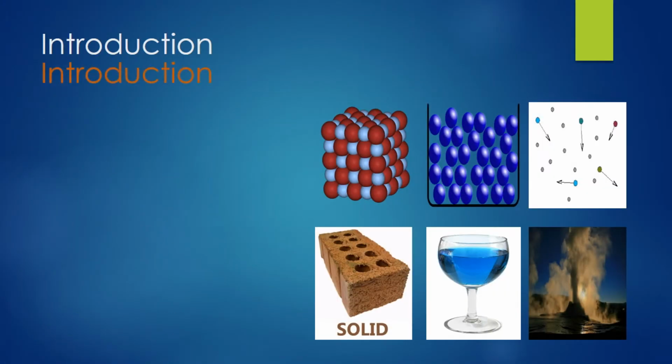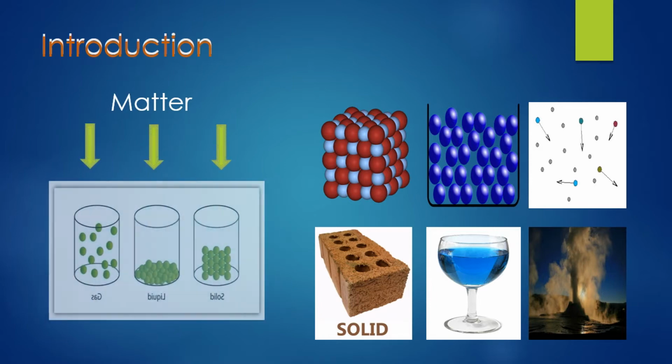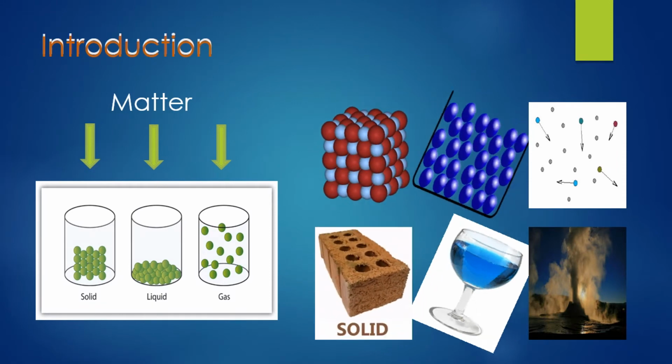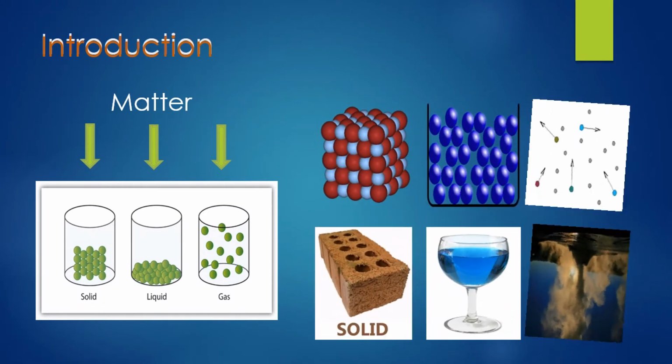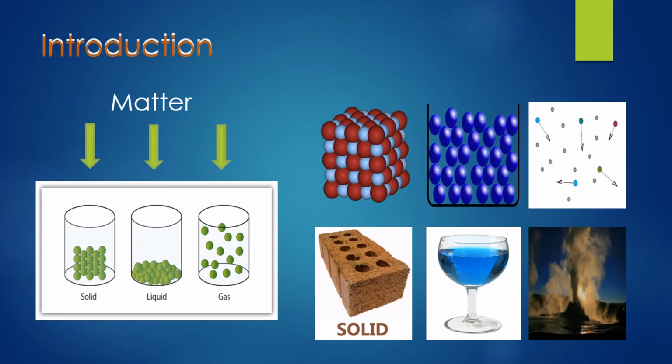Here in the introductory part, matter consists of solid, liquid and gas. Actually it can be divided into four kinds: solid, liquid, gas and plasma. But in our chapter, matter is simply divided into solid, liquid and gas. By seeing the picture you will know that in a solid, the constituents, the atoms, molecules or ions, are densely packed. But when you come to liquid, the packing is a little less. In the gas, the atoms, molecules and constituents are randomly arranged.